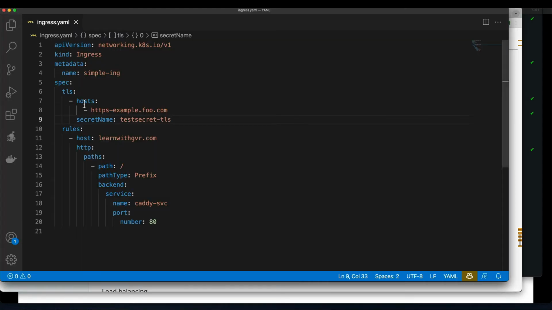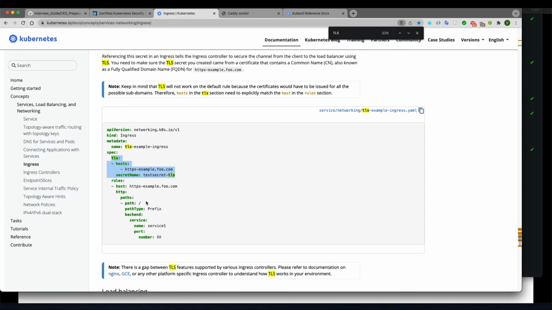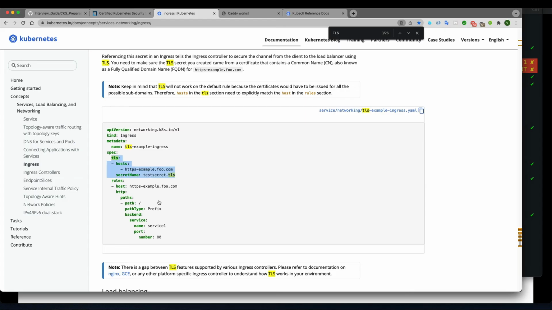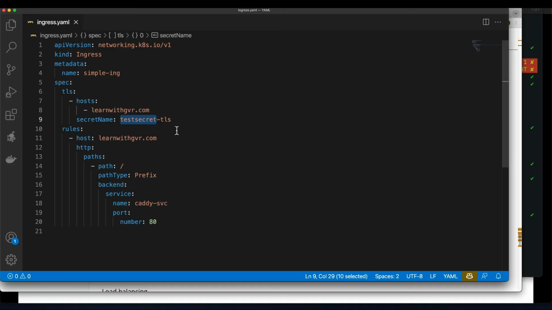So the host, what is the host name? Learn with GVR. And what is the secret name I just created, which is here, SEC-learn with GVR. So I'll go here, secret name. These names should match so that it will read from here. And the backend service, everything is fine.